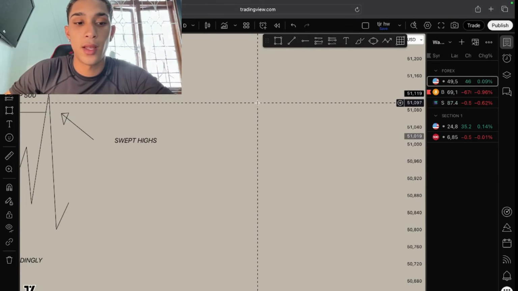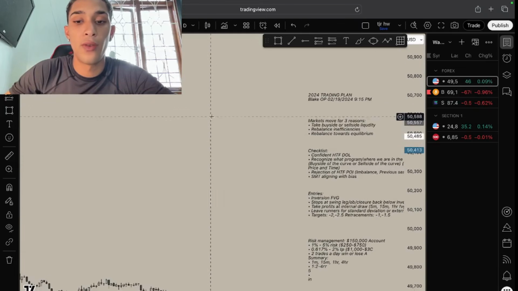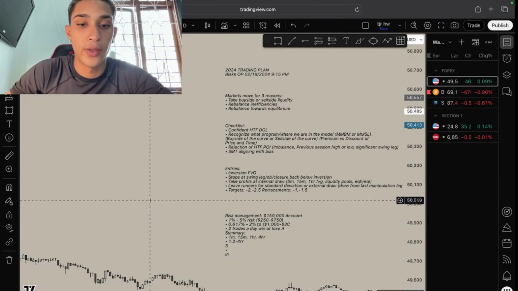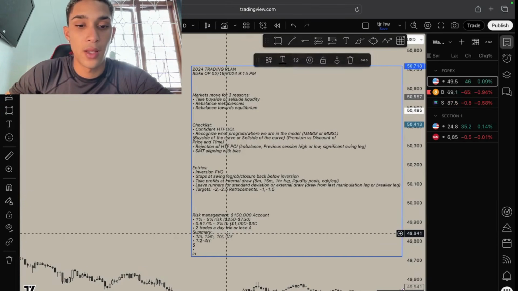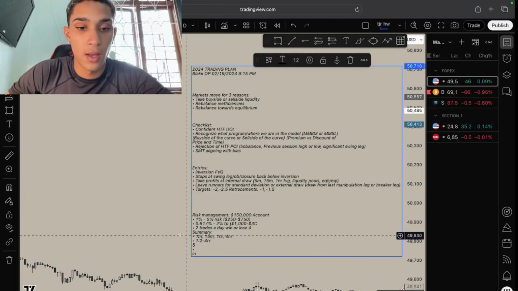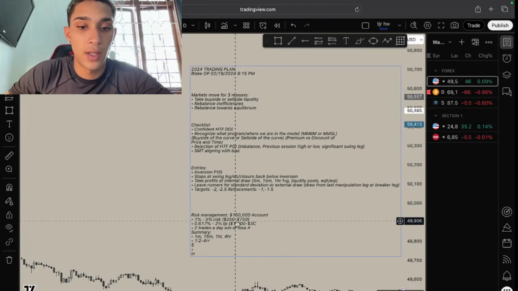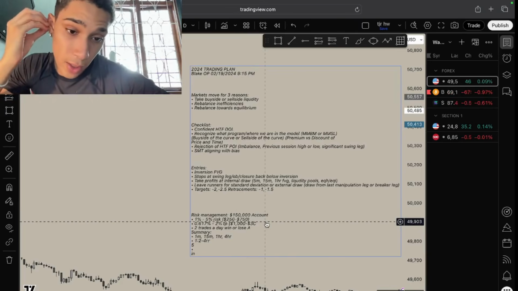And yeah, boys, that is the model. I'm going to go over examples of it now. And here's obviously the risk management that Blake uses right there. So he will risk 250 to 750 on a 150k account,